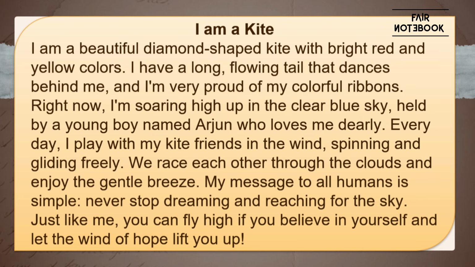loves me dearly. Every day, I play with my kite friends in the wind, spinning and gliding freely. We race each other through the clouds and enjoy the gentle breeze. My message to all humans is simple: never stop dreaming and reaching for the sky. Just like me, you can fly high if you believe in yourself and let the wind of hope lift you